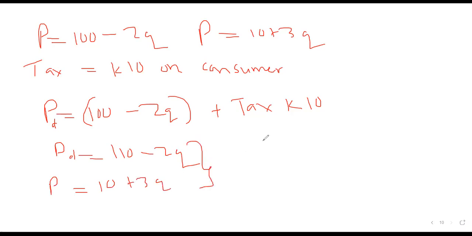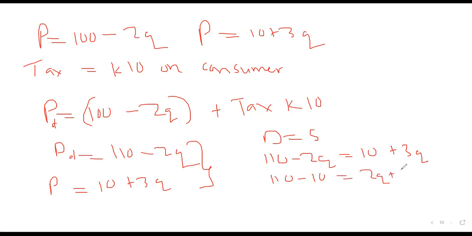So here at equilibrium, remember, demand is equal to supply. So our demand is 110 minus 2Q, and our supply is 10 plus 3Q. What happens here? The 10 will go and subtract. What happens here? These will go and add. So we're going to have 100 is equal to 5Q. And Q, in this case, is going to be 20. When you substitute 20 in either of these two, you get the same